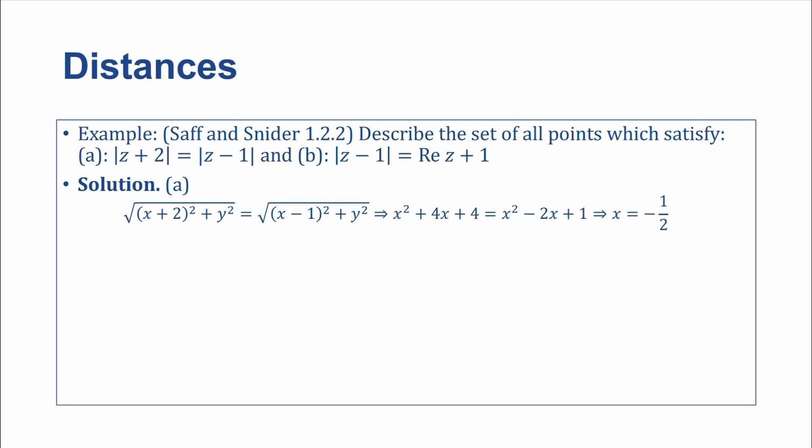So what you can do now is take the square of both sides and FOIL out all of the remaining terms, and you get the relation that x squared plus 4x plus 4 is equal to x squared minus 2x plus 1. And this implies that x is equal to negative 1/2. So as long as the line is on the